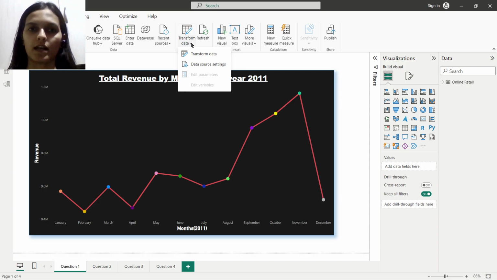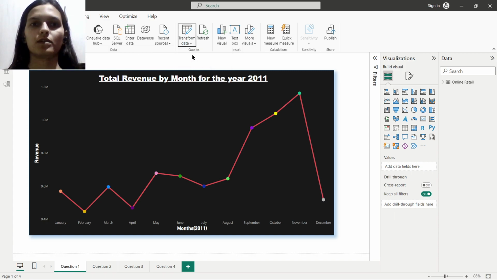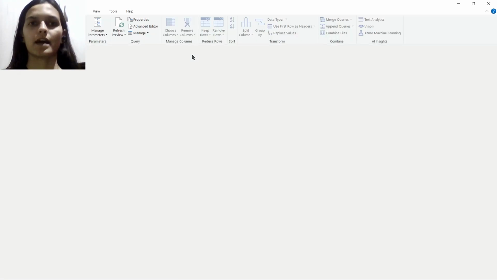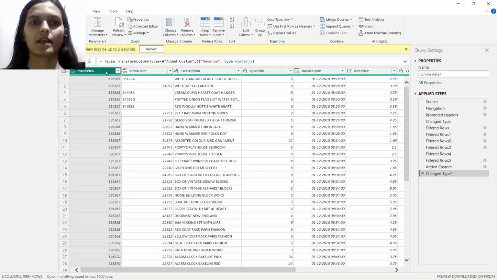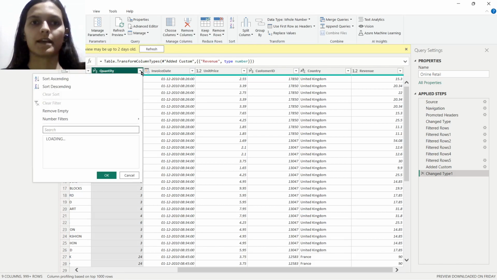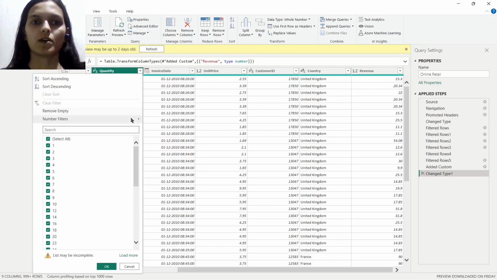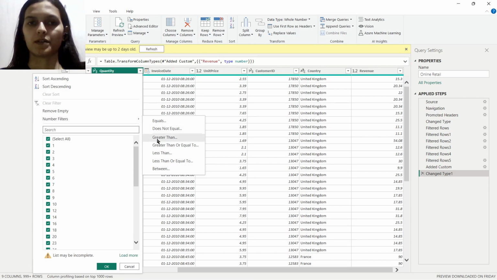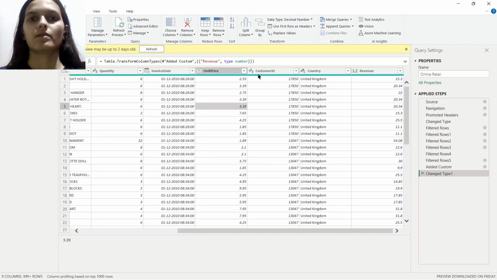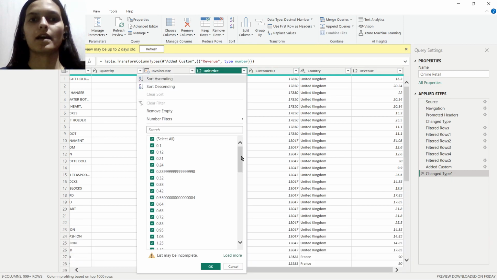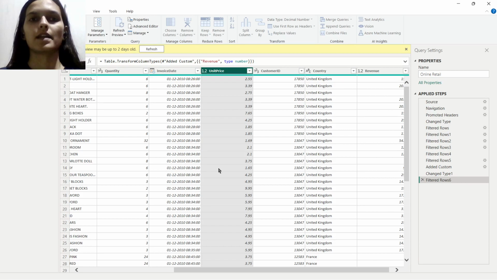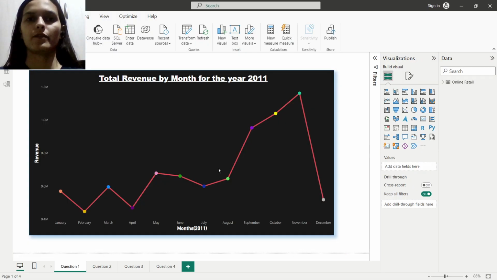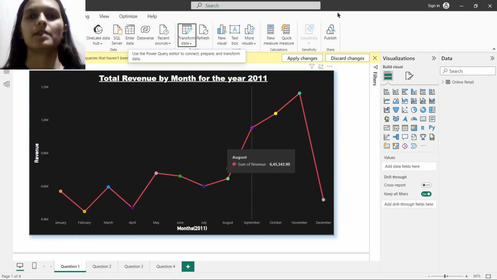Moreover, I cleaned the negative values from the quantity as well as the unit price. So I go to Transform Data and clean this data by selecting the number filter. I apply the greater than filter, like quantity must be greater than 1, and for the unit price I apply the filter like the value must be greater than or equal to 0. Then I reload this data into the Power BI desktop and I apply the